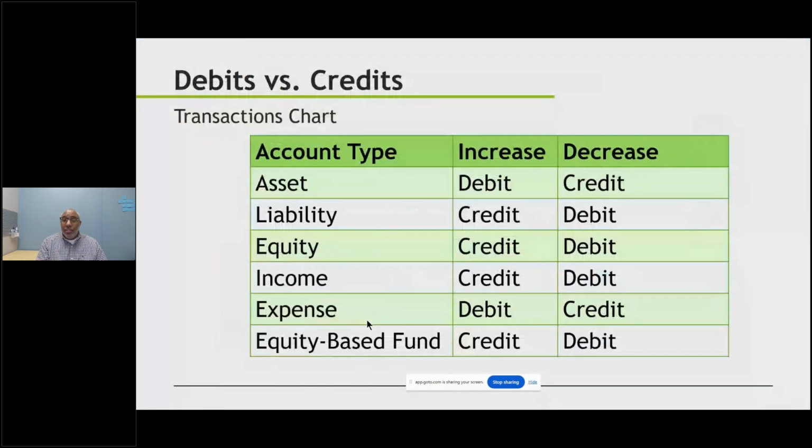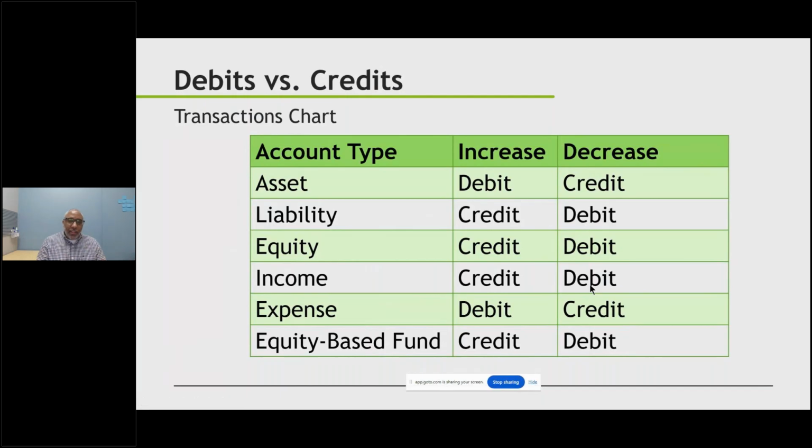Oh, I did include the debits and credits chart here. You're not going to have to use the debits and credits chart during reports, but as I was showing, hey, guess what? You can include a debits and credits column. So I just wanted to show this briefly: assets, a credit is decreasing and a debit is increasing. In income, credit is an increase and debit is a decrease.